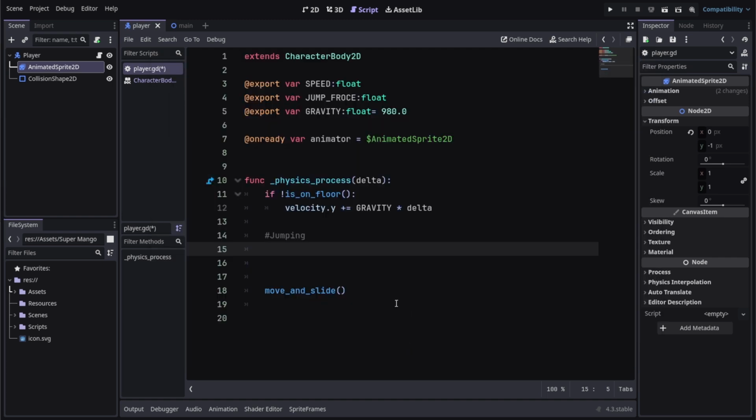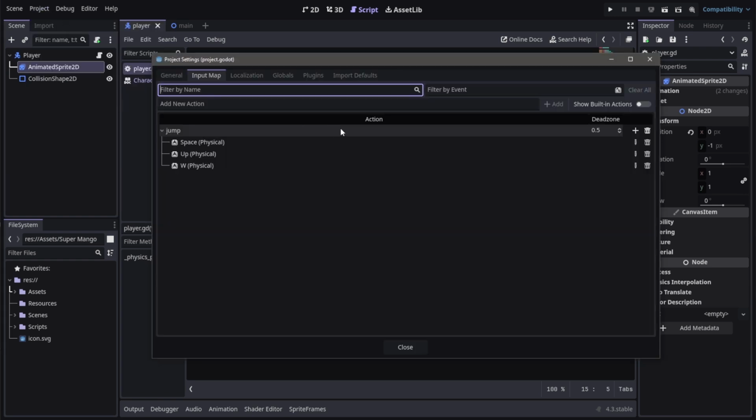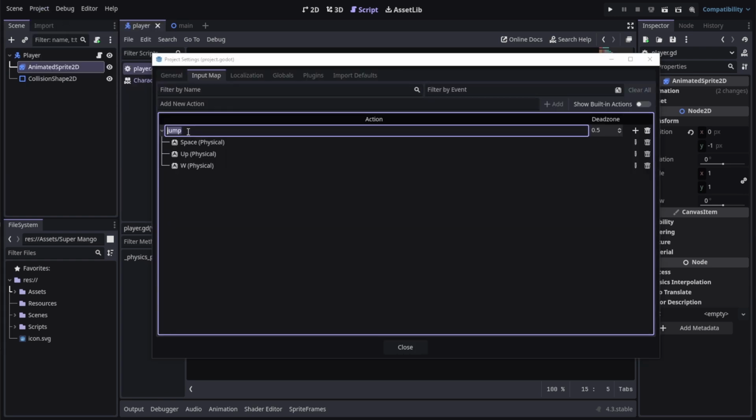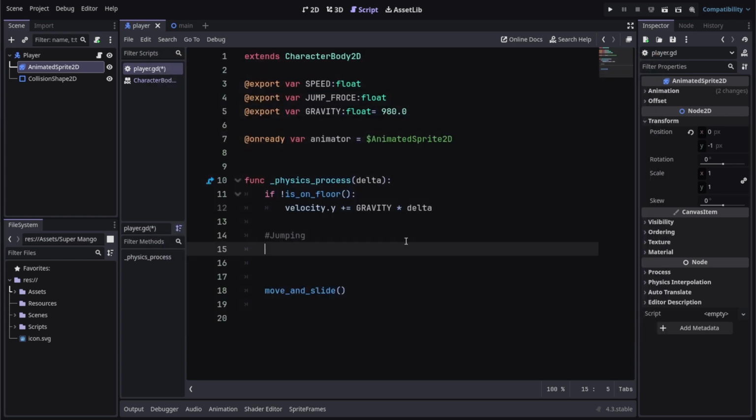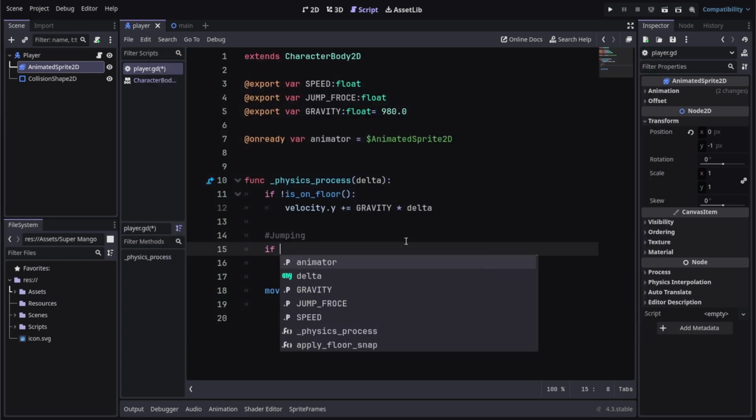Let's close that. And now we can check for input actions. An action is kind of a representation for multiple keys. That means if this action is performed, if this or any of these is pressed, we'll say that a jump action has been performed. It's nothing but a name for multiple keys and a way to check for multiple keys at once. So we're going to check if Input